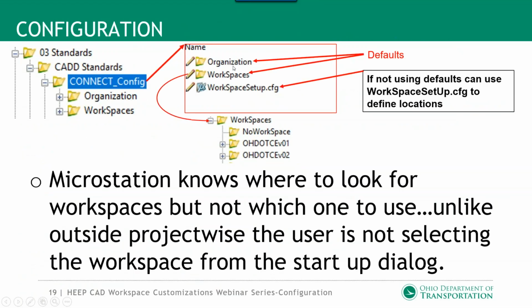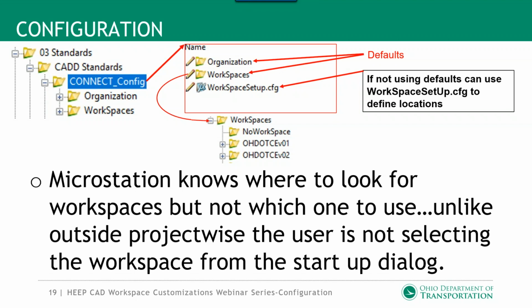So let's take a look inside of there. Oh, look, we got organization and workspace setup config. Doesn't that look familiar? Again, organization and workspaces are defaults, so you technically don't need the workspace setup config if you're going to use the defaults. If we look inside workspaces, we've got two different versions of our workspace in there. Very similar. So now we've basically told ProjectWise and migration how to find our workspaces, but we haven't yet